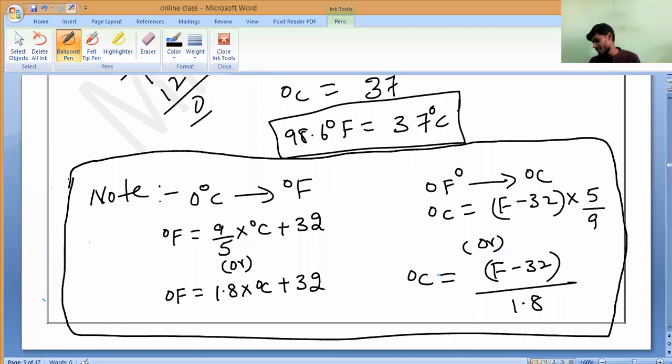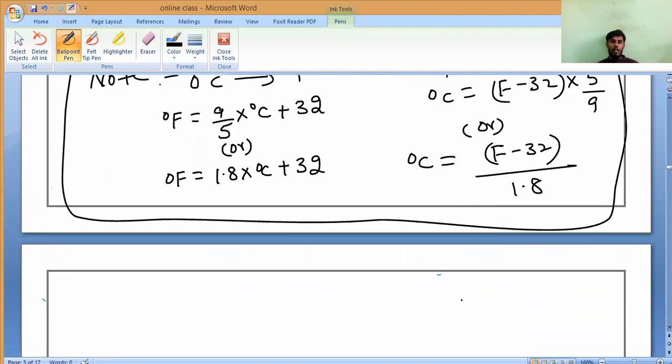Now in our book, is there any exercise like conversion? If anything is there, you give me, we will solve. No, sir, there is no conversion exercise. They give only one conversion, sir. That is only degree Celsius to degree Kelvin scale, correct or not? Yes, sir. Celsius to Kelvin, adding plus 273. Kelvin to Celsius, minus 273. That's all.